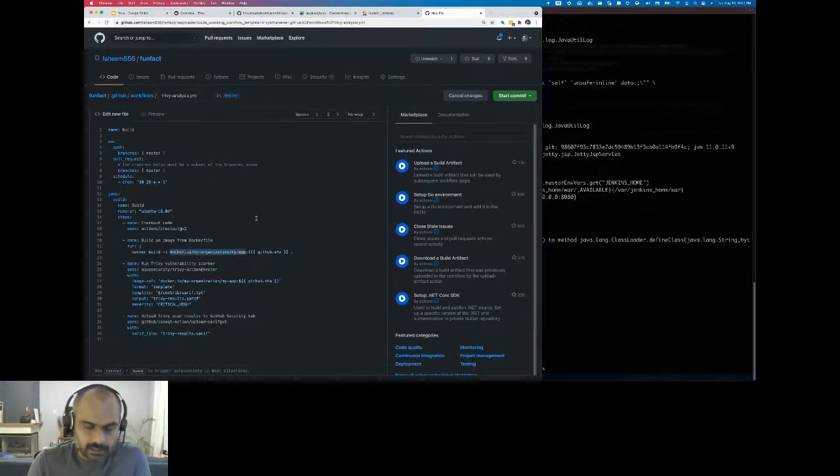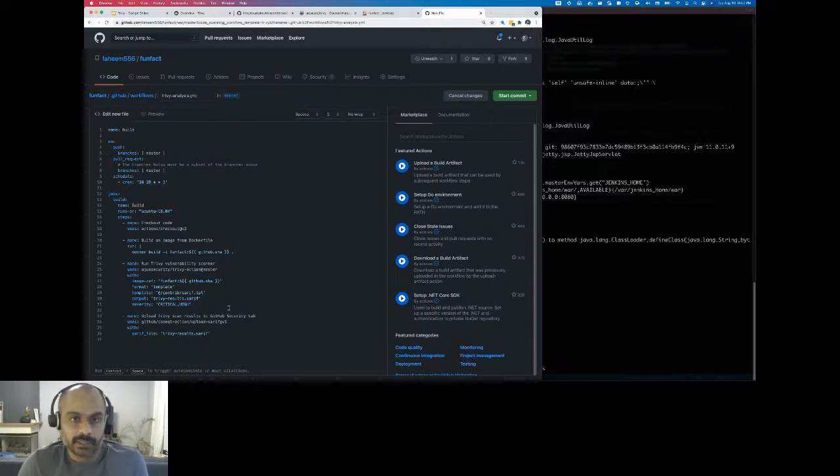I'm just going to call this Fun Fact. That's my application. I don't want to give it a long-winded name. I'm not pushing this to a new repository. I'm just building it locally and then running Trivy on it. And then the other thing is it's going to create a SARIF report, which is then going to be nicely integrated